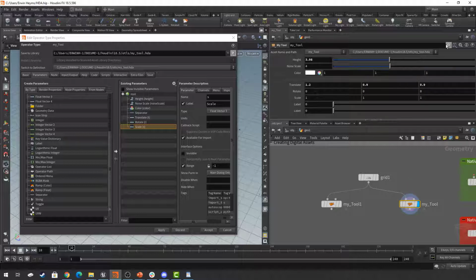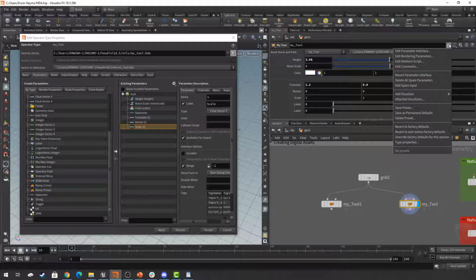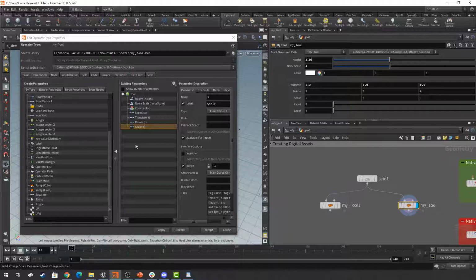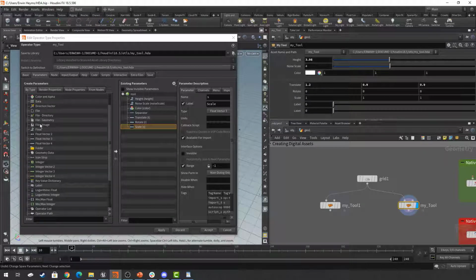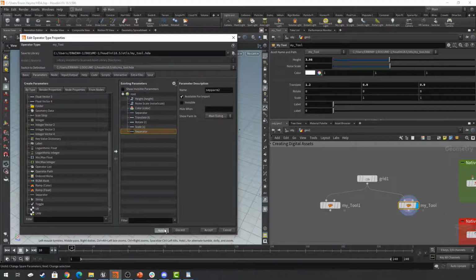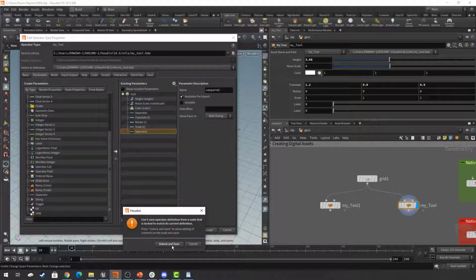Plus, if we click on the gear icon on this node, and we then go to delete all spare parameters, we will remove every single spare parameter that we've added to this node. So that's important. Also, when we edit the tool itself, let's say we undo this change, and we then go ahead and make some changes to our asset, like say let's add a separator maybe, and then we apply that. And we need to make sure that the node is unlocked to do this,